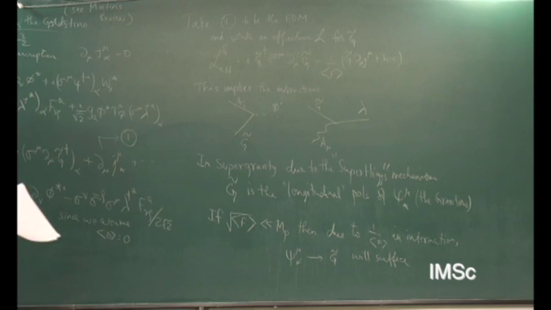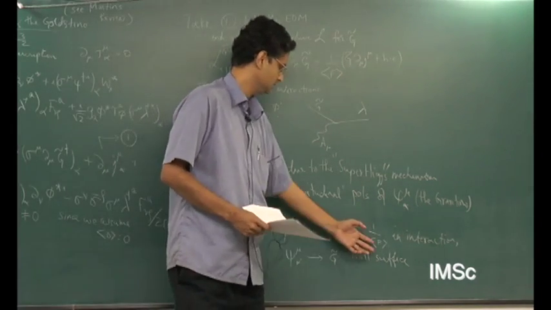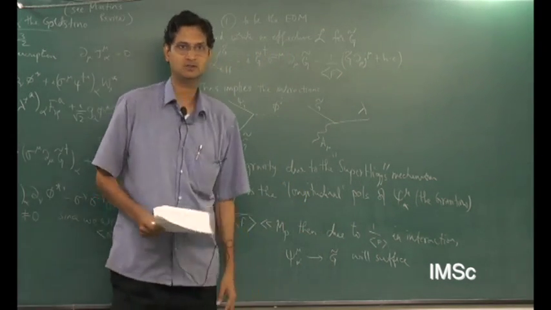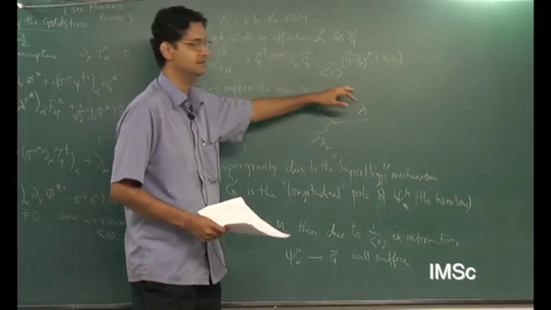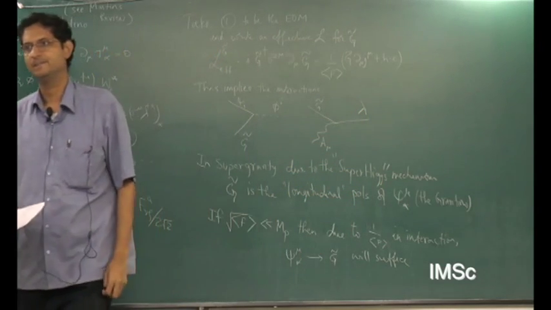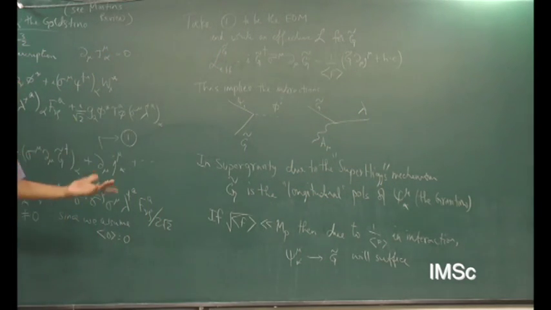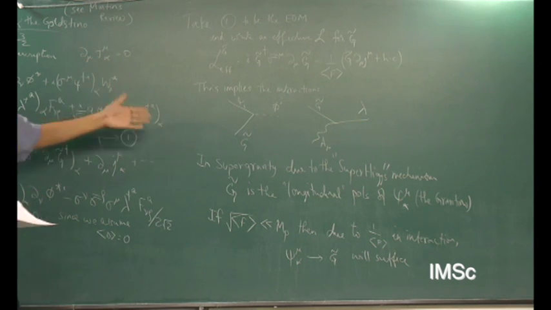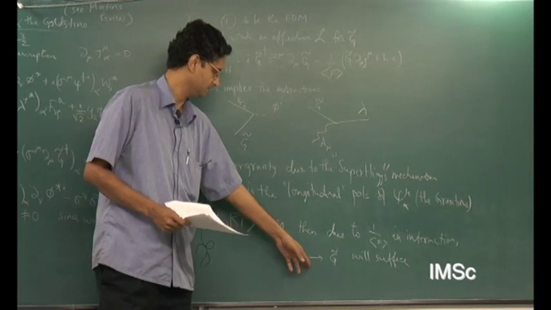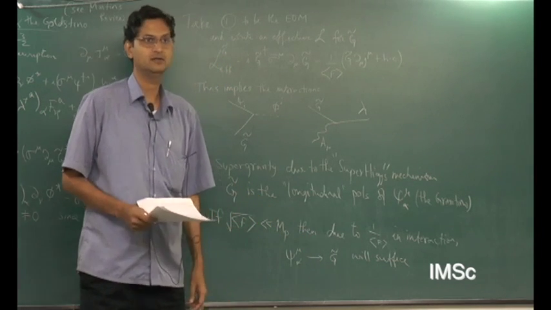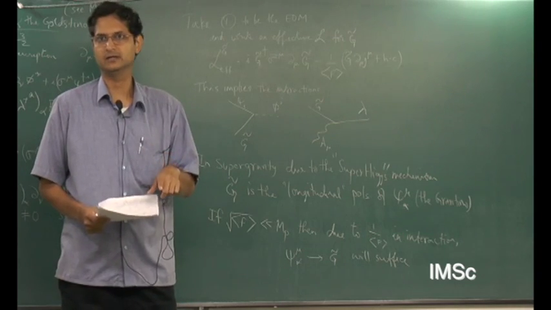And so if square root of F is much lesser than M Planck, then this interaction can become relevant. It's no longer 1 over M Planck suppressed, right? And therefore we had to say something about it because it can become important. You cannot dismiss it as saying that it is 1 over M Planck suppressed and therefore irrelevant for phenomenology. We do find that because of this Goldstino component, it's really the super Higgs mechanism, the gravitino phenomenology starts becoming important through its Goldstino component.